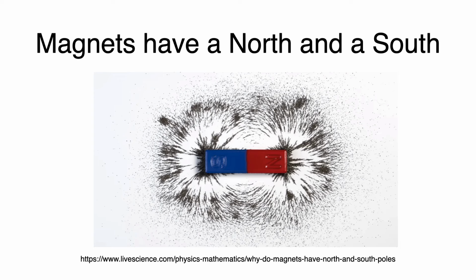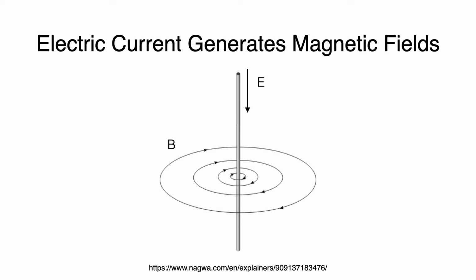Magnets have a north and a south pole, and then they have field lines that travel from the North Pole to the South Pole. Slightly separate topic, which turns out to be exactly the same topic, are electric currents. Electric currents traveling through a wire generate a magnetic field. So here we have a wire in the vertical direction. The electric current is traveling down, and this makes magnetic field lines that are circles according to the right-hand rule